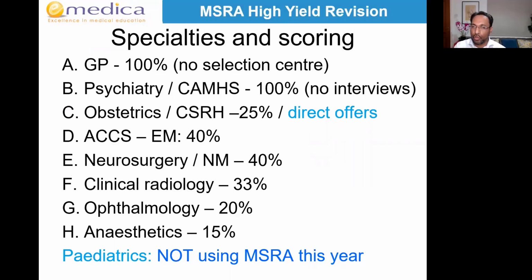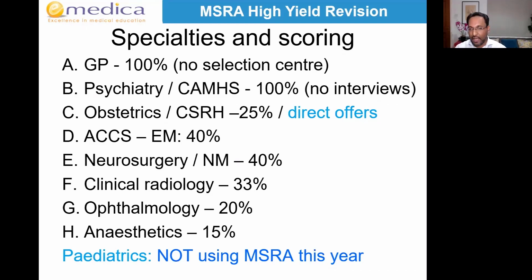We don't know yet, because this was only implemented during the pandemic, because it wasn't possible to have the OSCEs that they used to have for GP and the interviews and portfolio stations that they used to have for psychiatry. We don't know yet what the selection will be like in round 1, 2023, i.e. for August 2023 entry. They haven't published that. That will be published later this year. So it may be that they go back to interviews and OSCEs. It may be that they stick to MSRA only. All we know is what's happening this round.